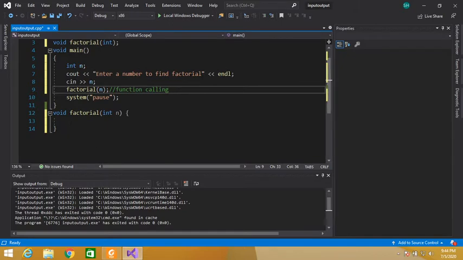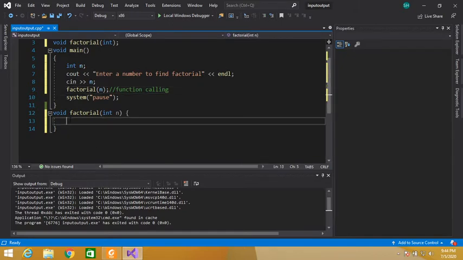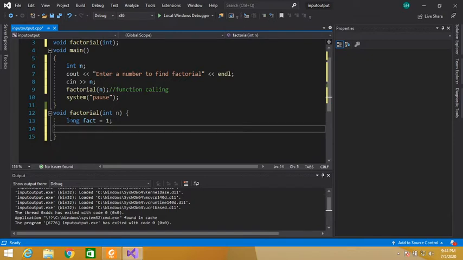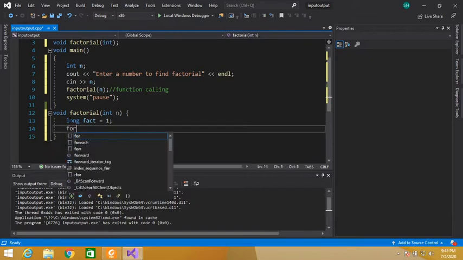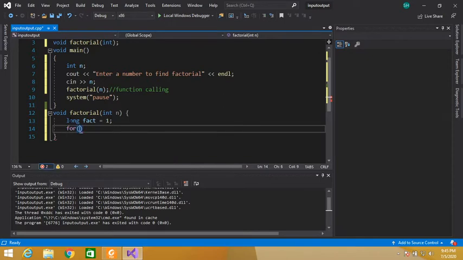Now we have to calculate the factorial. Long fact is equal to 1. For int i is equal to... we have to calculate the factorial.